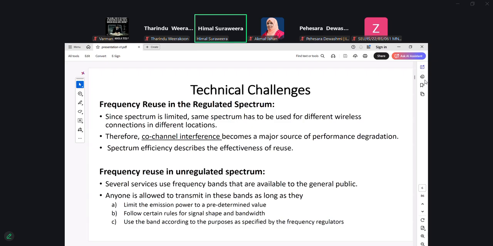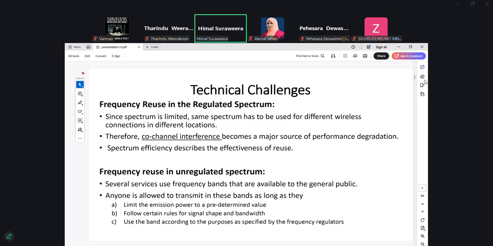For example, we have something called frequency reuse in regulated spectrum. In regulated spectrum, the operator who has this spectrum has the sole right to use it. In order to deliver communication services to many users or devices, we need to provide them with different frequencies, and then these frequencies can interfere with each other.